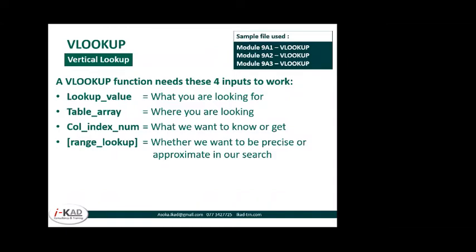Now, the column index number, as the name implies, is a number. We don't call it by the column name, like department or name, or even by the column letter, like ABC. You have to call it by a number. And remember, the lookup value in that table will always be number 1. All the others on the right side will be number 2, 3, like that, sequentially numbered.